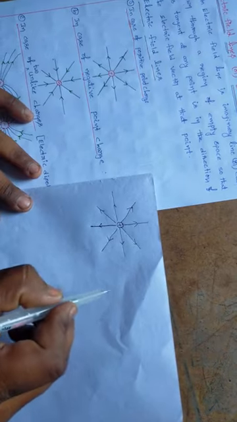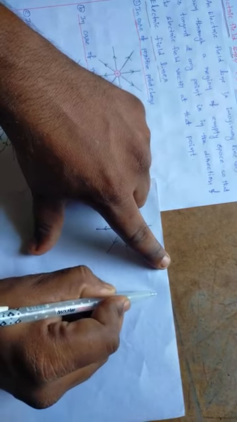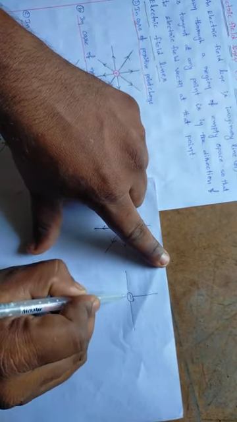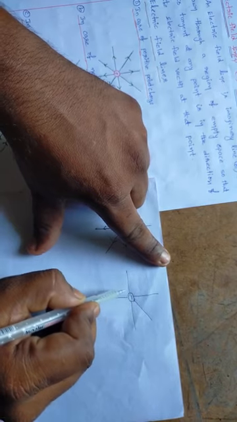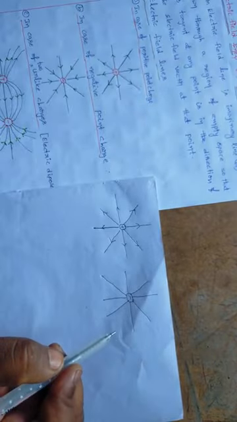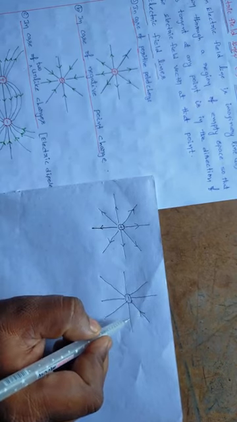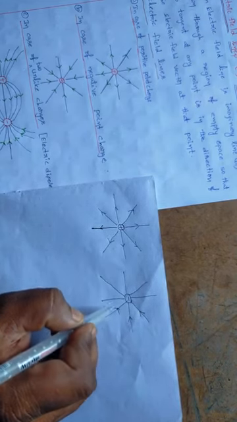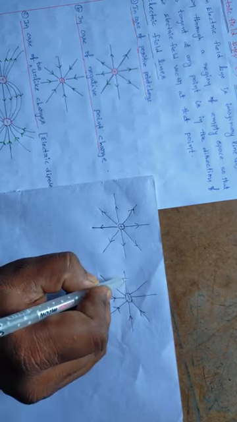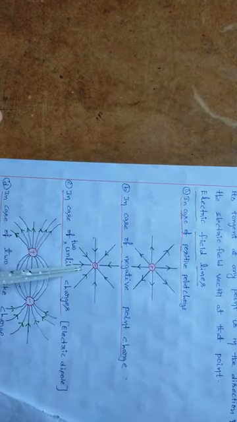Suppose you have to draw electric field lines for a negative charge, if you take a negative charge here like this, and draw imaginary lines in all directions like this. But we have studied previously, just now in this video, in case of a negative charge the electric field direction is towards the charge, radially inward. Inward means we have to show the direction towards the charge. Now you just look at here, I have drawn with green ink, I have mentioned the directions here and here also.